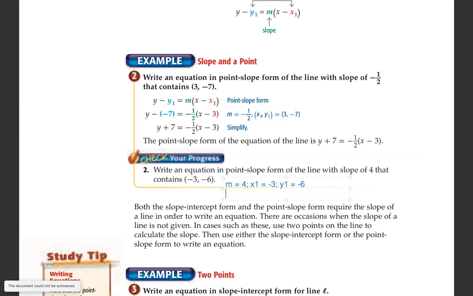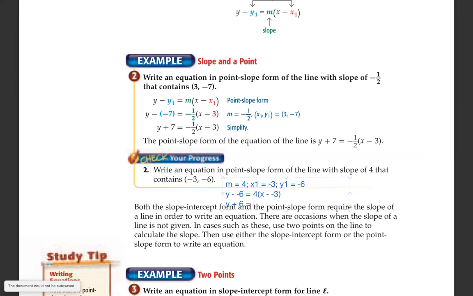And then we use the format, y minus y1 equals m times open parenthesis x minus x1 close parenthesis. So we have y minus negative 6 equals m, 4. After the m, you write open parenthesis x. After the x, minus, what's your x1? My negative 3, close. And then simplify. Since there are two negatives in between the y and the number, and in between the x and the number, we need to simplify that. That becomes y plus 6